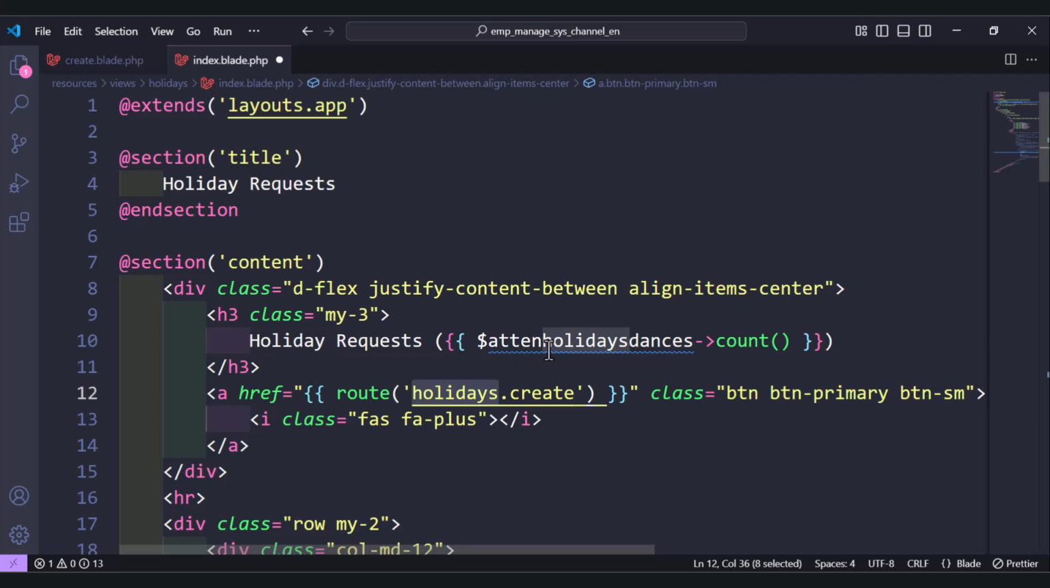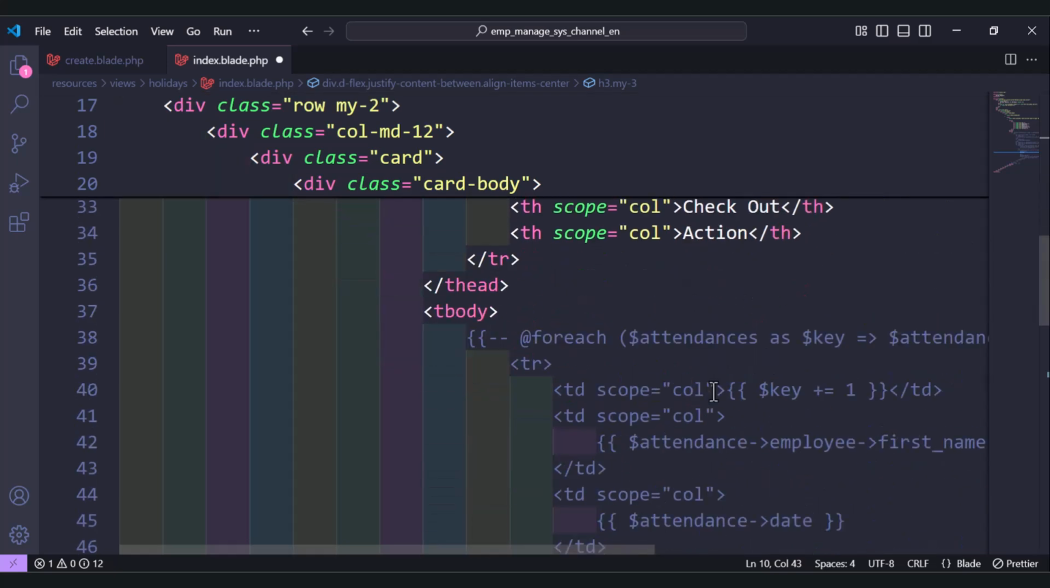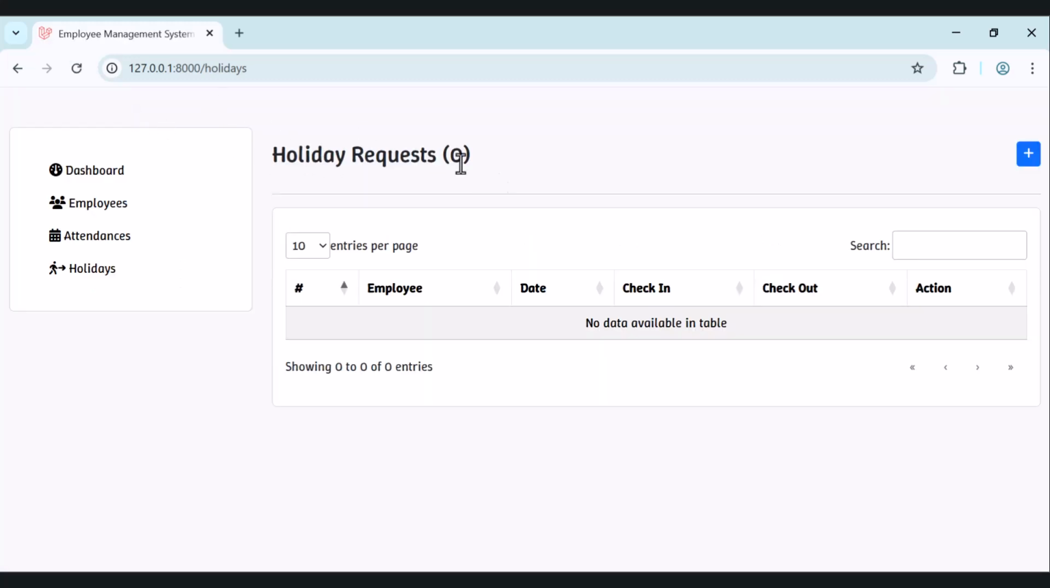So let's change it to holidays here, and so that's all. We will change the other fields later. Let's refresh the page. As you can see, we have holiday requests, we have 0, we have here the button. Let's hit the create button,